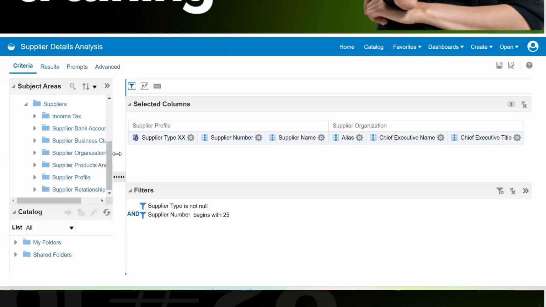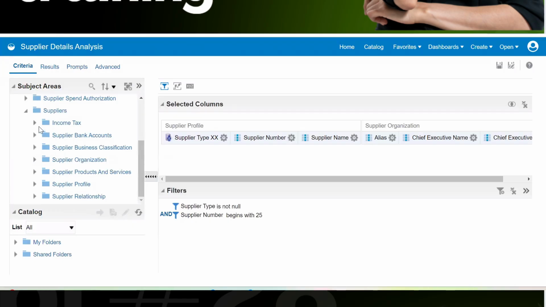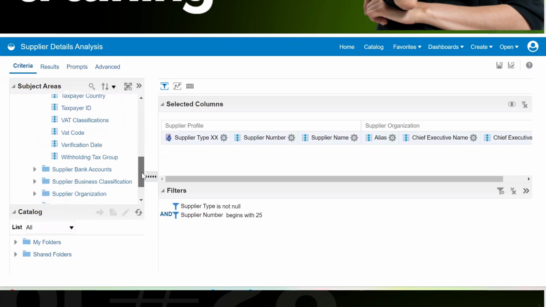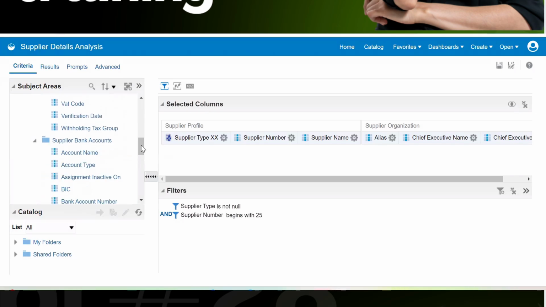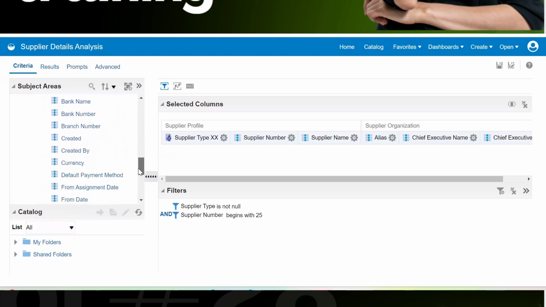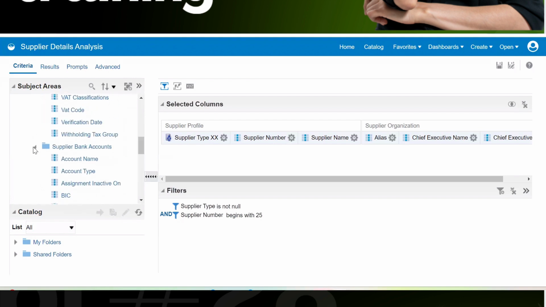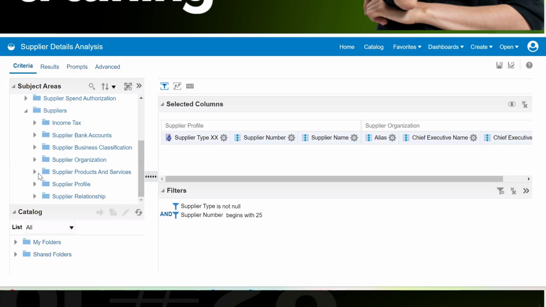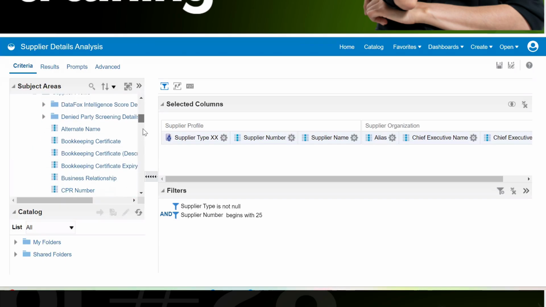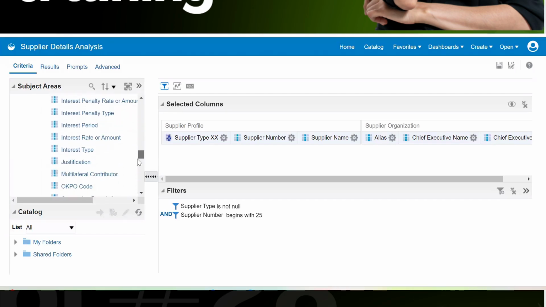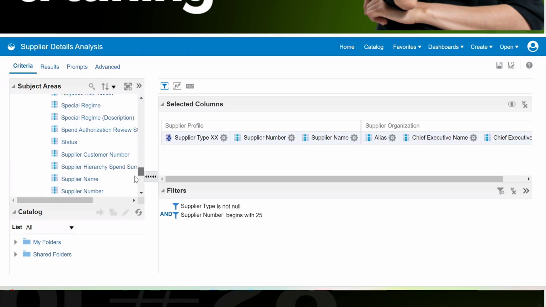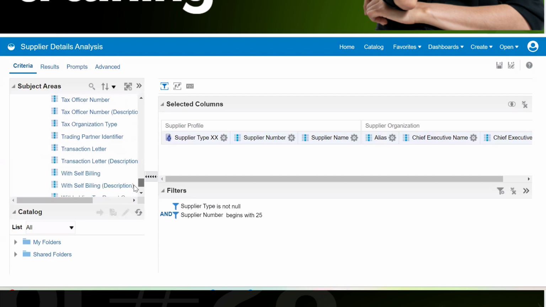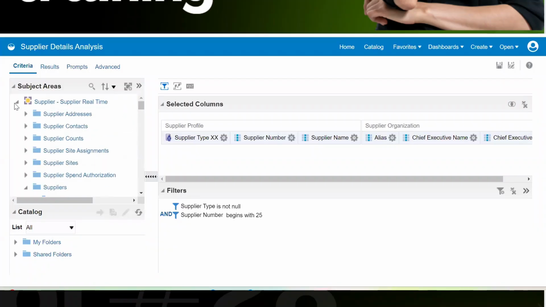If we have something like supplier, I want some numeric field like amount or something. In this, there is no such thing available.